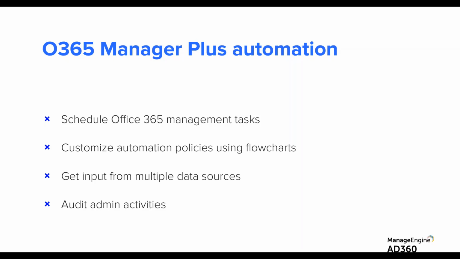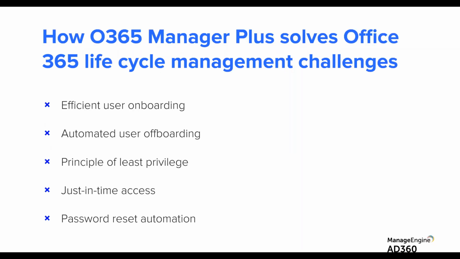We'll be talking about that as well, and all of this automated, and that is very much the agenda. So how do we go forward using the O365 module? We will need a system that efficiently onboards users and also automatically offboards them, and ensures the principle of least privilege, which is not trusting any user, giving them just enough access and just-in-time access. These are the things that we'll be covering.